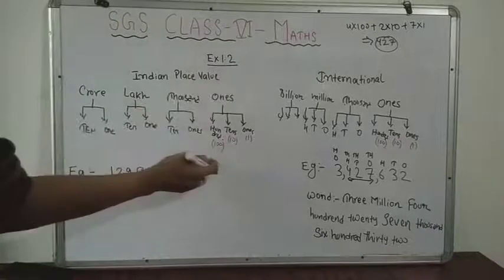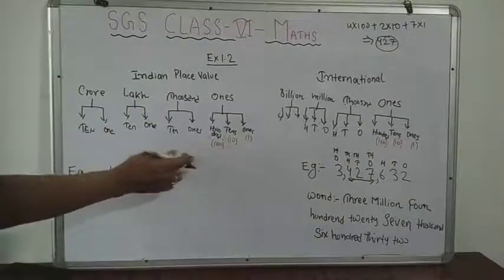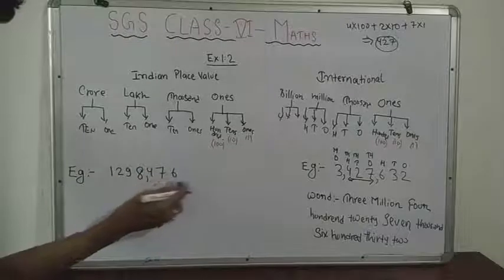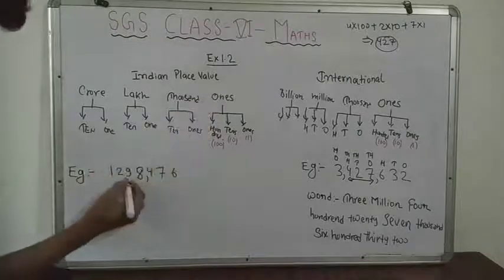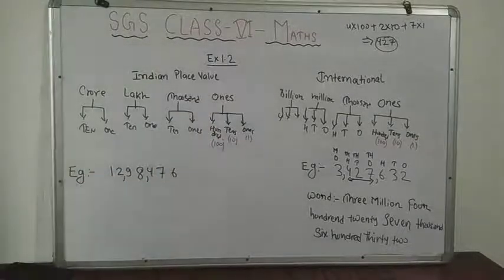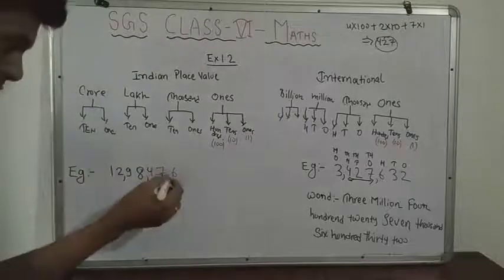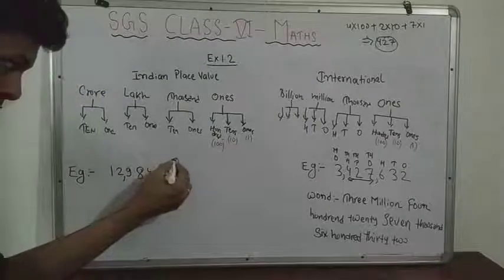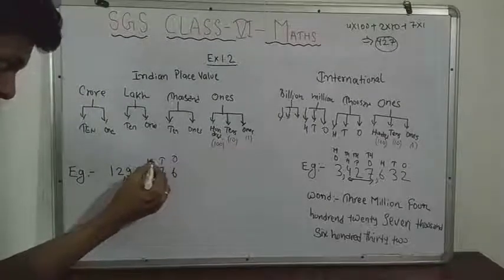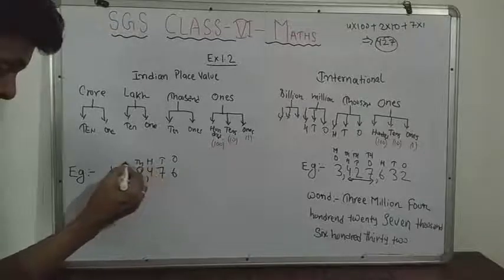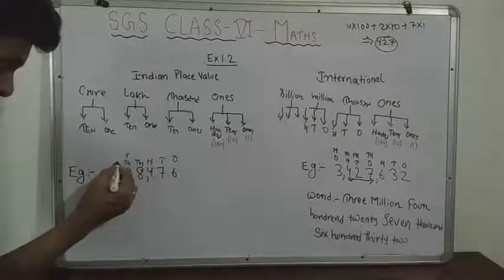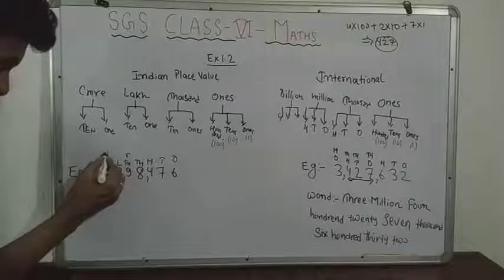The ones come under which digits? 3 digits. So the first digits come under the ones place. After that, 2s and 2s. Now when we place the place value names, it comes ones, tens, 100, 1000. Then it is called 10,000, it is called lakh, it is called 10 lakh. Okay.